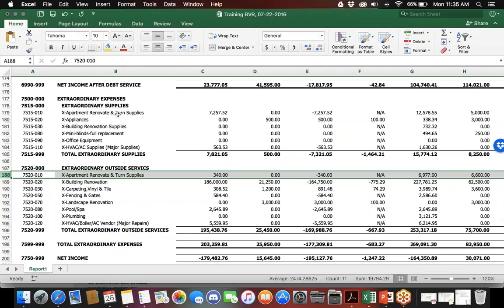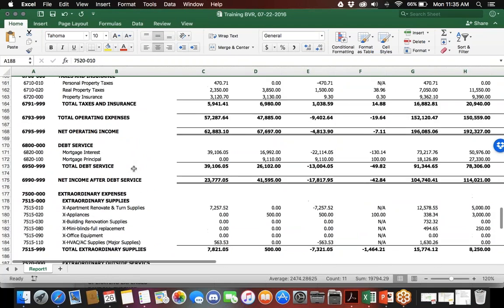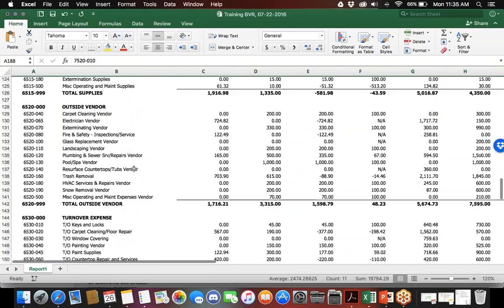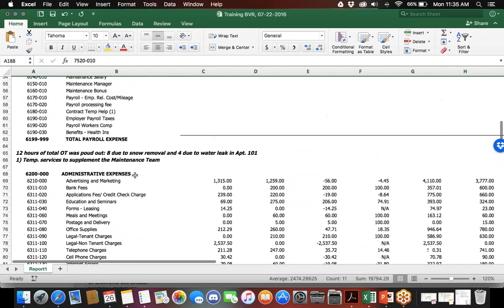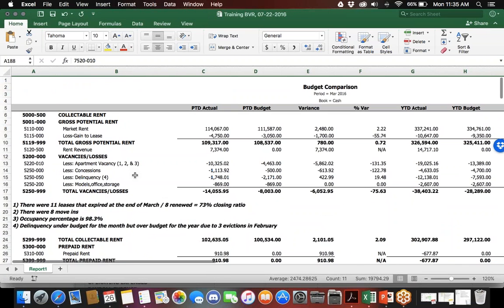Keep in mind, your extraordinary supplies and outside services, this is capital improvement. Renovations, remodels, really high-priced expenditures such as pool resurfacing, maybe putting in a business center, maybe putting in a fitness center, things like that, okay? So that gives you the general idea or the general gist of what we're looking for in the budget variance